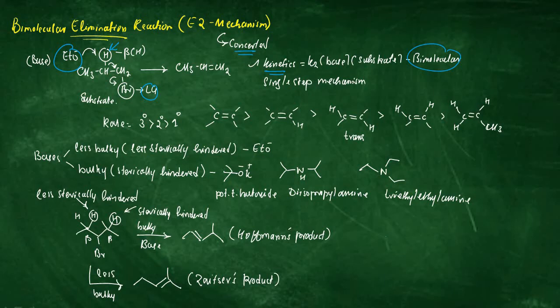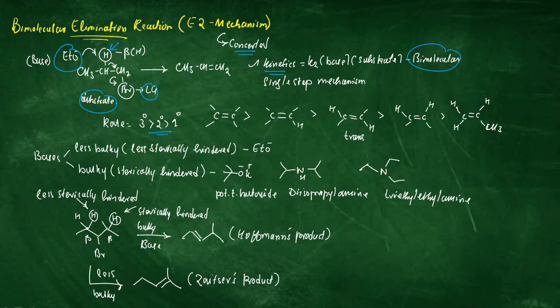As far as the E2 mechanism is concerned, there are many factors which influence the rate of the E2 mechanism, such as the nature of the substrate. For example, we can have a faster E2 reaction in tertiary alkyl halide as compared to secondary, which represents a faster reaction as compared to a primary alkyl halide. This nature of substrate is opposite as compared to the SN2 reaction, where a primary alkyl halide promotes faster